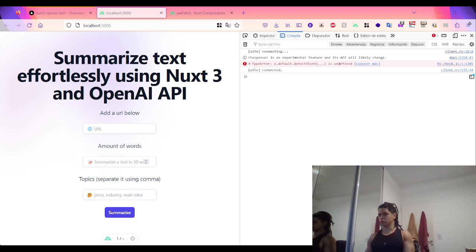So if we want to add some better improvement here, like loading,